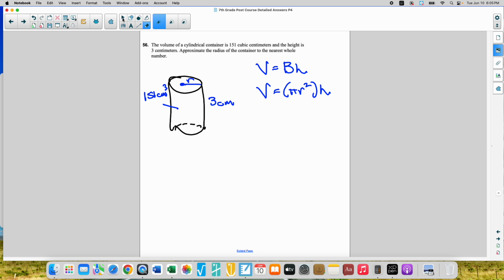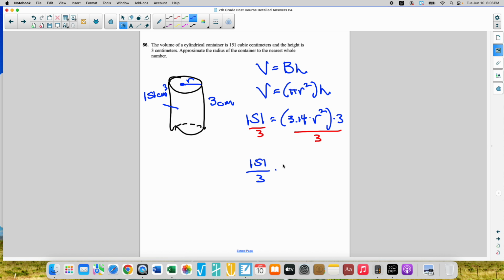We know what the volume is. The volume is 151. We know what pi is, 3.14. We're looking for the radius, but we know the height. So now we want to isolate this. So we want to get rid of this 3 first. Let's divide by 3. And 151 divided by 3 does not go in nicely. Okay, we'll just leave it for the time being. 151 divided by 3 equals